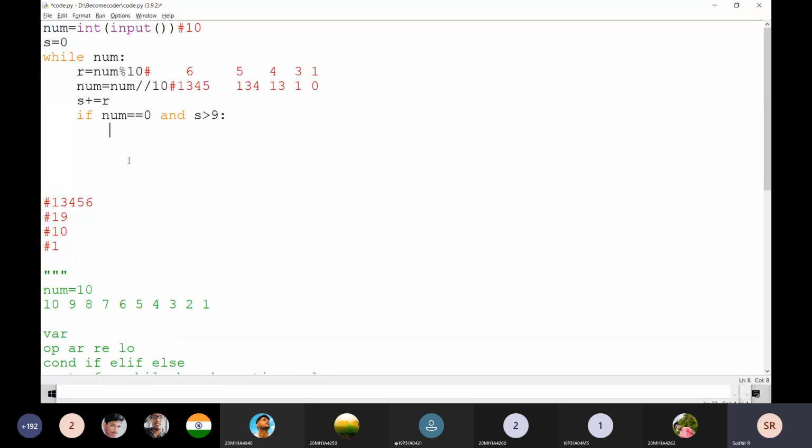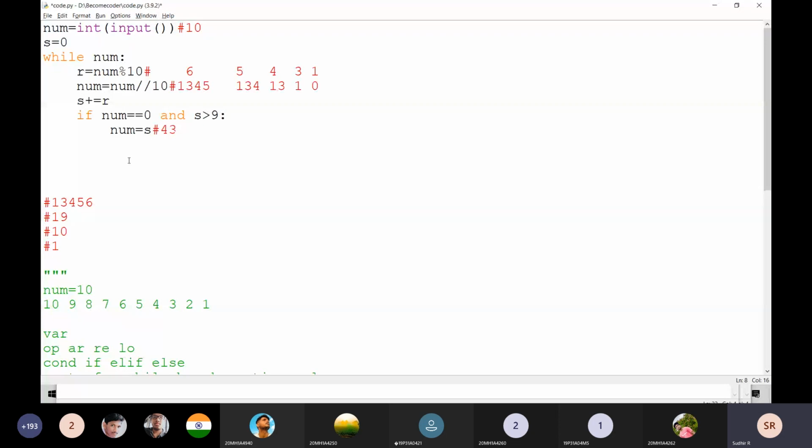If num is 0 and the result value is greater than 9, then I simply add it like this. Then the 43 value is going to be placed into here.